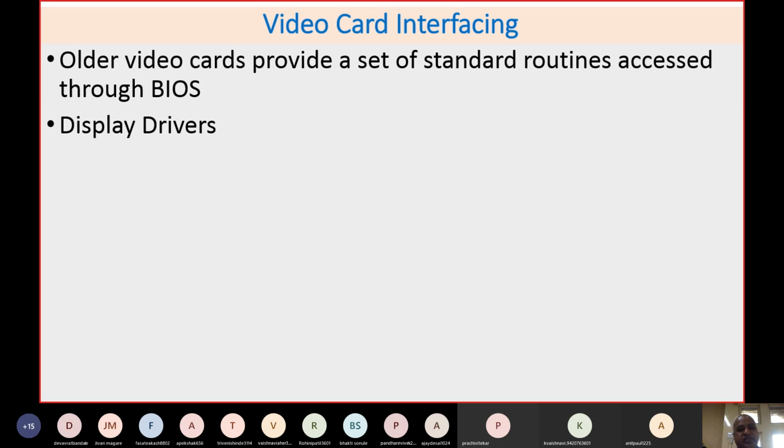Rather, you'll find there are display drivers, and this is probably the best way. If your video is not working or not supporting your required resolution, then you have to search for the appropriate display driver. If you install that particular display driver, almost all your video problems are removed.